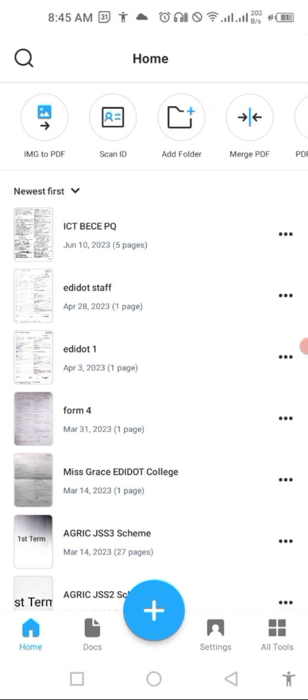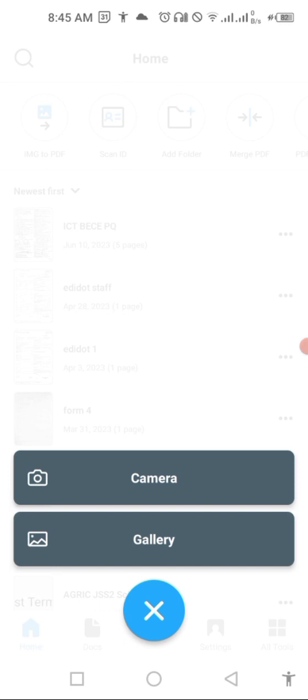Alright, so what we want to learn today is how to scan a document into PDF or image format. All we have to do is click on this plus button down here. If you click on this plus, something will pop up. It will show you camera. If you click on camera, it means you want to snap that document now and then convert it to